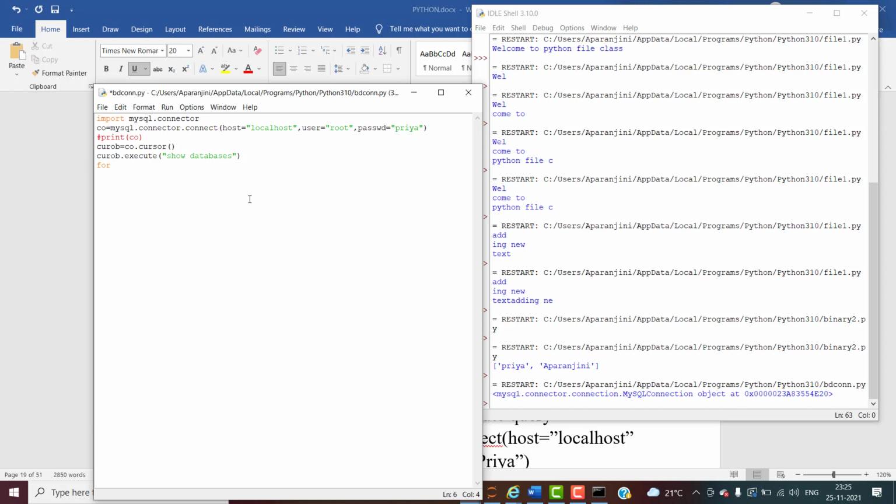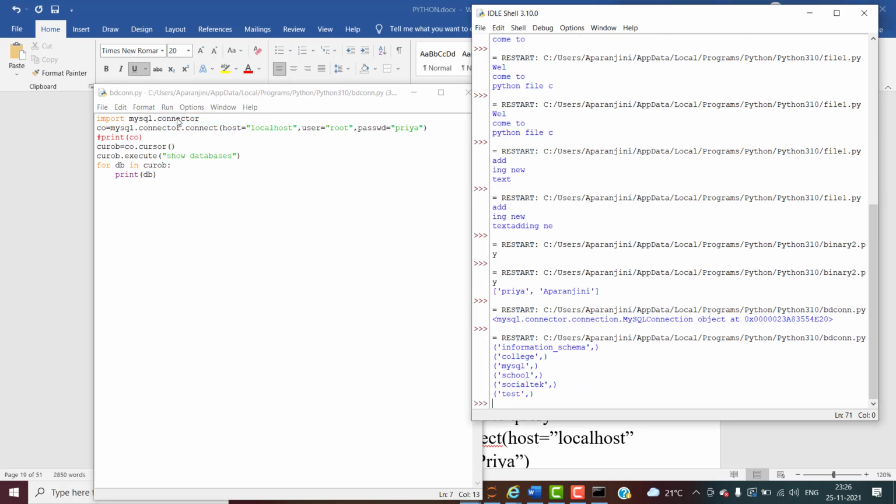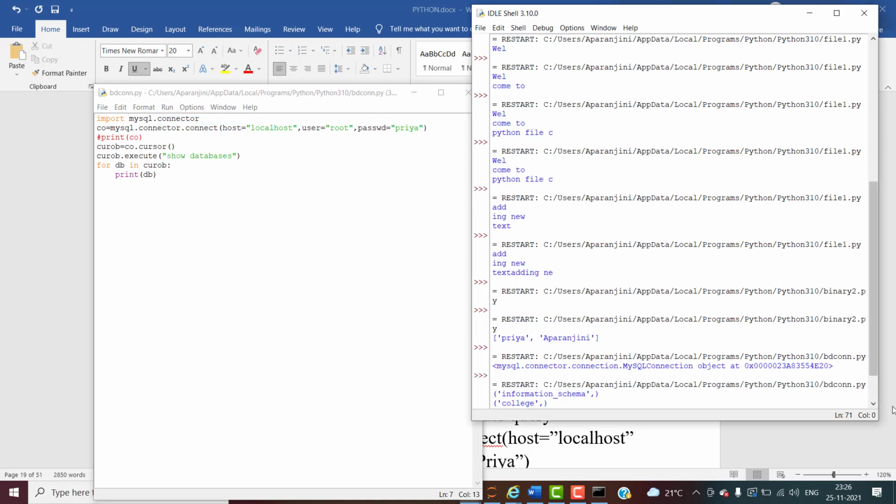So here I'll take db in cursor object. So from this cursor object, I am retrieving all the databases one after the other in the db variable. Now I am going to print this db. db is my own variable, that is for the for loop. So let me run this one. I'll check whether the databases are present or not. So these many databases are present in our